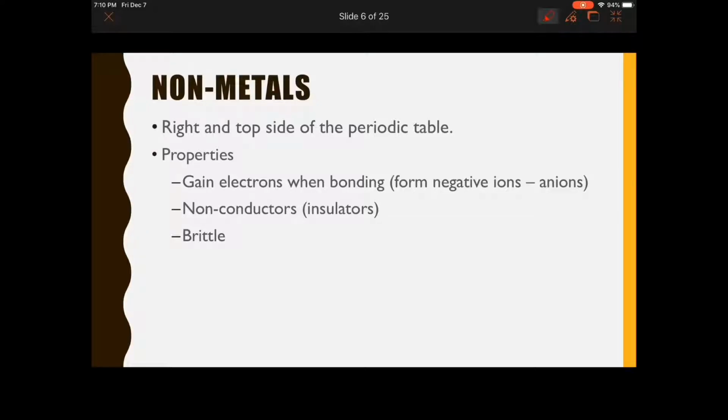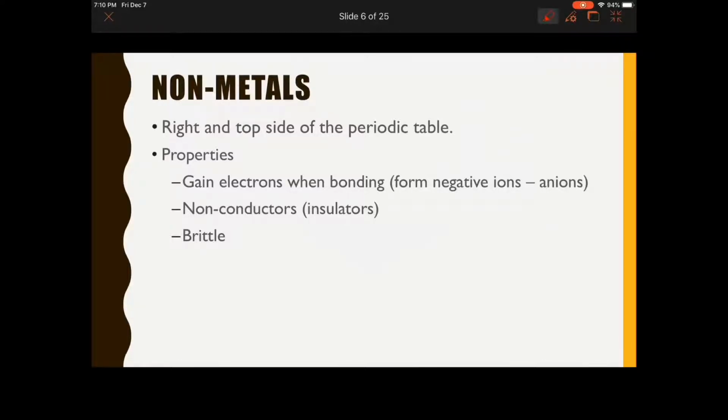So now let's talk about some nonmetals. These are on the right and the top side of the periodic table. Some of their properties are that they prefer to gain electrons when they're bonding. Again, if you remember from our isotopes and ions lesson, these will form negative ions and become what we call anions. They are non-conductors, or what we would call insulators. They are not used when it comes to heating or plumbing or any kind of